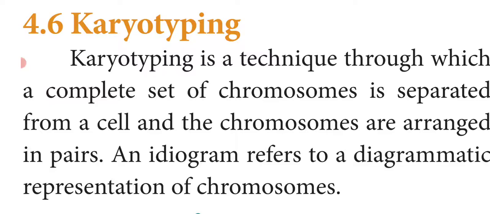So what does karyotyping mean? It is a technique through which a complete set of chromosomes is separated from a cell and the chromosomes are arranged in pairs. So in the karyotyping technique, a complete set of chromosomes, that is totally 23 pairs of chromosomes, are present in each cell. This complete set of chromosomes is separated from the cells and the chromosomes are arranged in pairs. And after that,